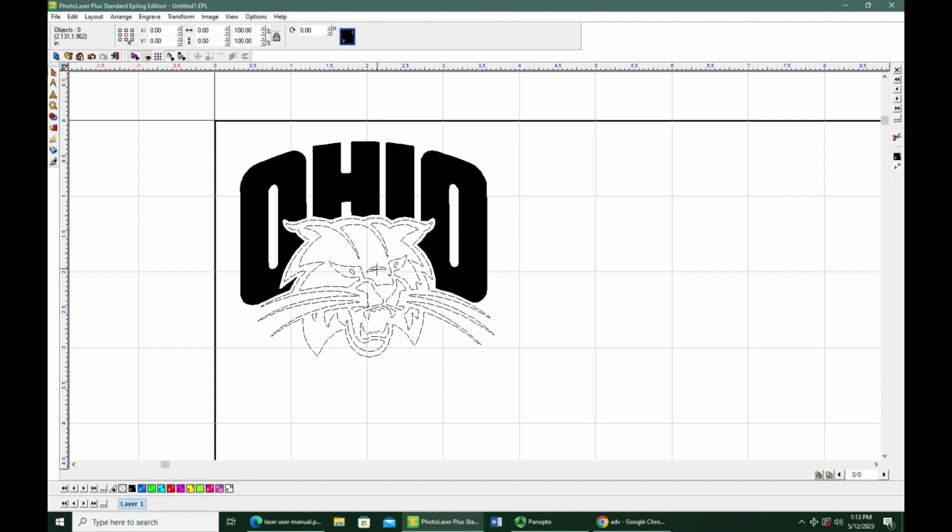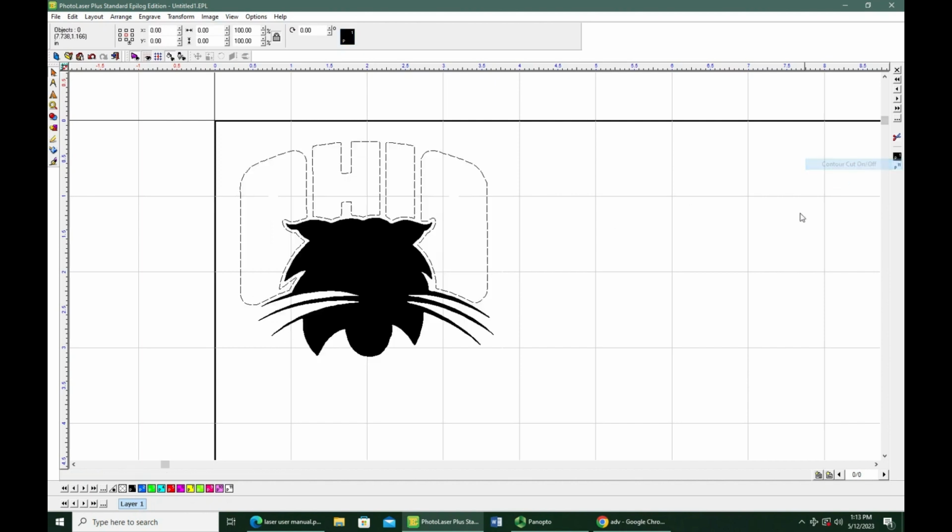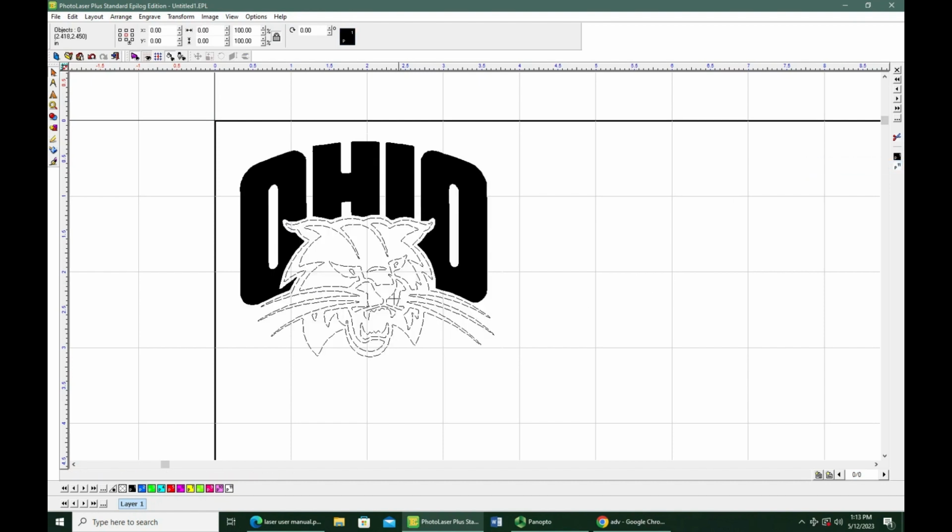If I wanted to make this nose portion filled in, if I click to turn that off, it actually just inverts everything. So this is a bit of an oddity with this program. I got to click back on here. So flip it back, it just inverts everything again. So all I have to do is change this to another color,